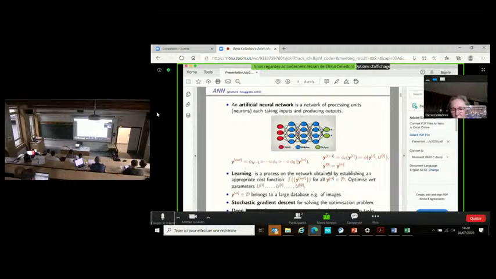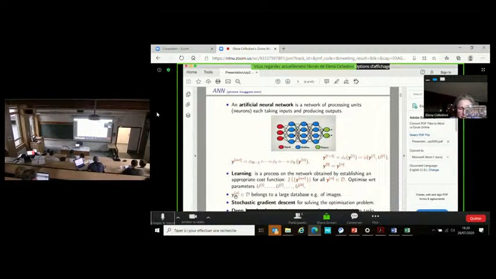And this output will range over all possible outputs that are obtained by starting from an input in some data set. And we optimize with respect to the parameters over all the layers.